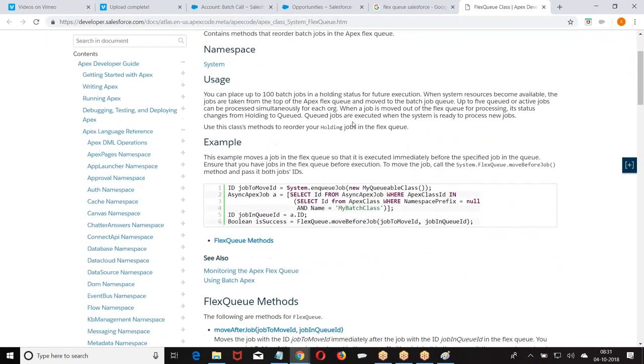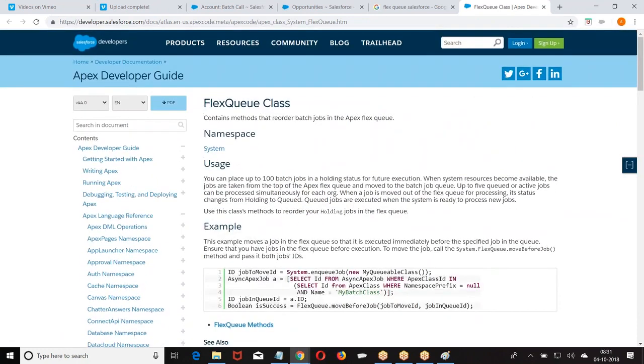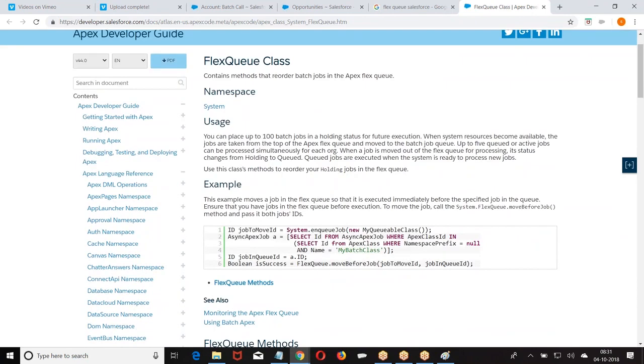Now the jobs are in the flux queue, right? In the flux queue, it's not only batch jobs, it's all the jobs. Now what I can do, I can change the order of their execution.